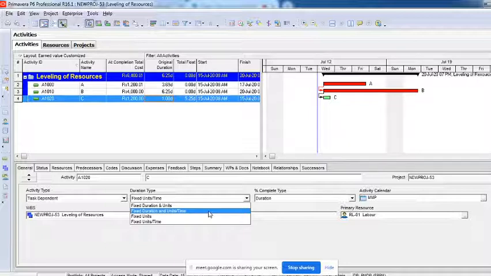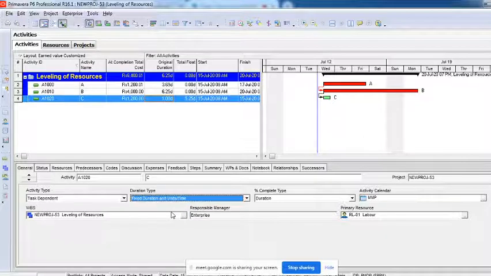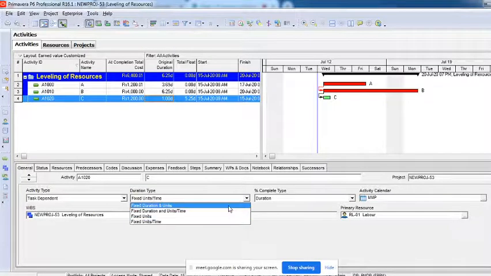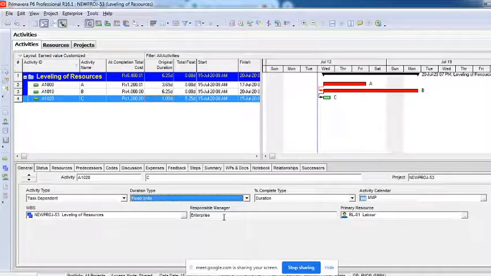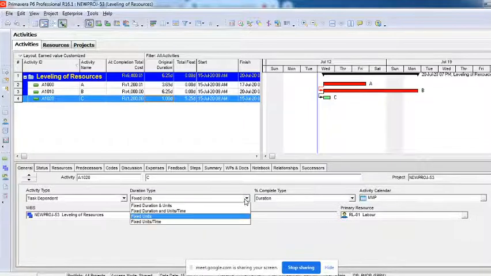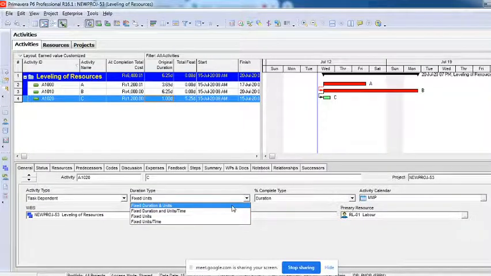That extra 2 hours you work, if you select fixed duration and units per time, then the total work hours will increase. But when you make it fixed units per time and then increase the per day, that is overtime, then duration decreases, it will not increase the work. That's the meaning of these four. Very, very important. Resource analysis is very important.